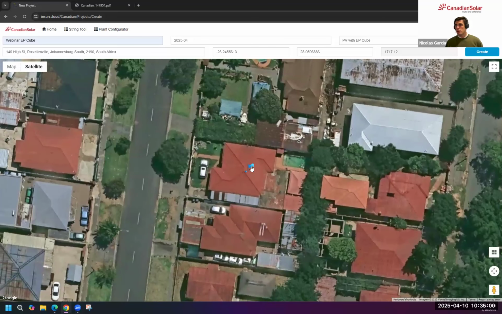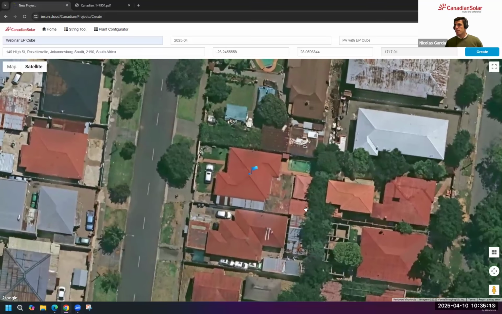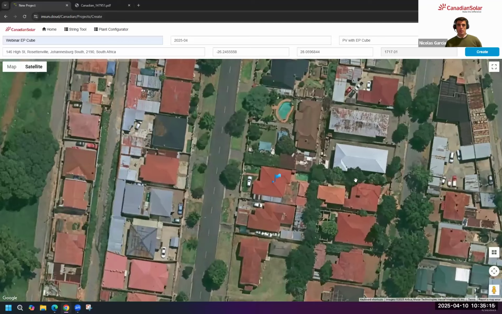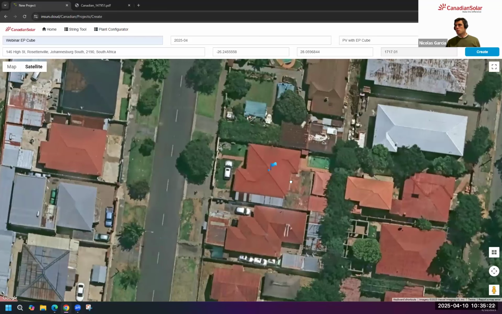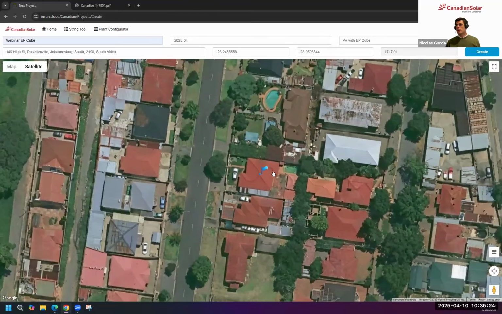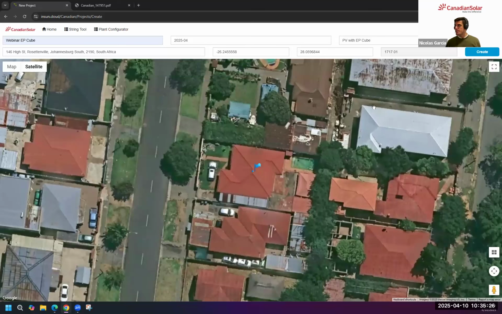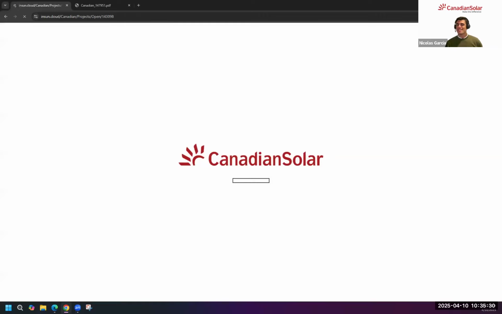Once we have the location, the important thing is to place this little blue flag in the roof that we are going to assess. We can do this by selecting, we can click the flag, or by double clicking on the roof. And that's it. We have to adjust the zoom already, so we can see the whole building. Because if we get too close, then the image will be cropped, and we won't be able to work well with it. Once we have it, we click Create,